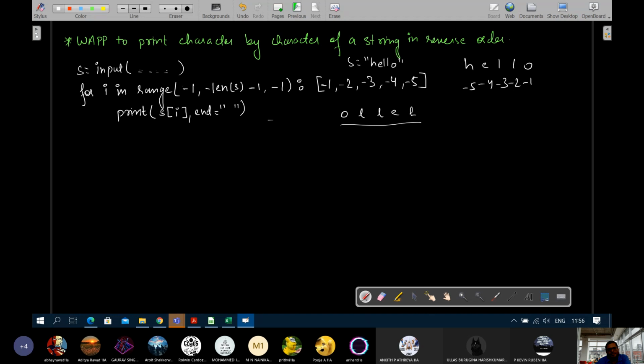Sir, it will give a space? Yes, why not? Because I have given a space here. To show the space, I write it like this, but don't write it; there is no such character. It is just to symbolize the space. If you don't give a space, it will come out without space: OLLEH. If you do not give a space, the characters will be stuck to each other. Okay, sir. Right.